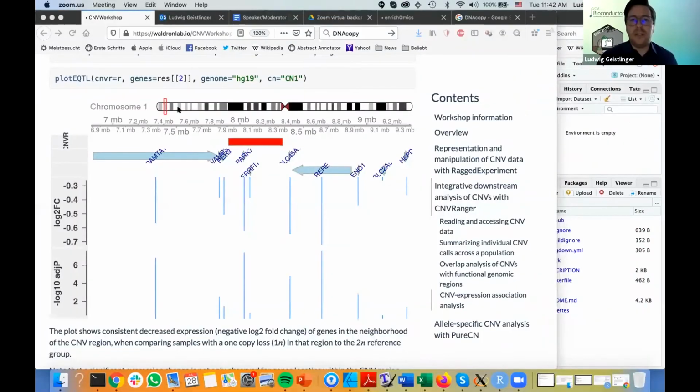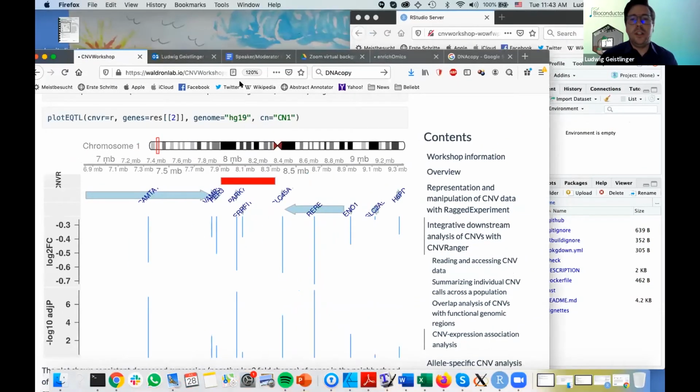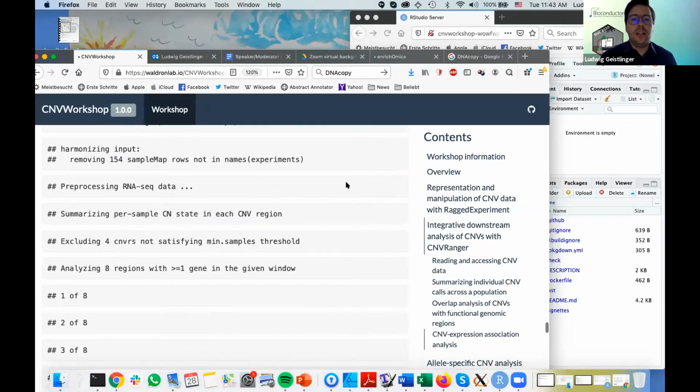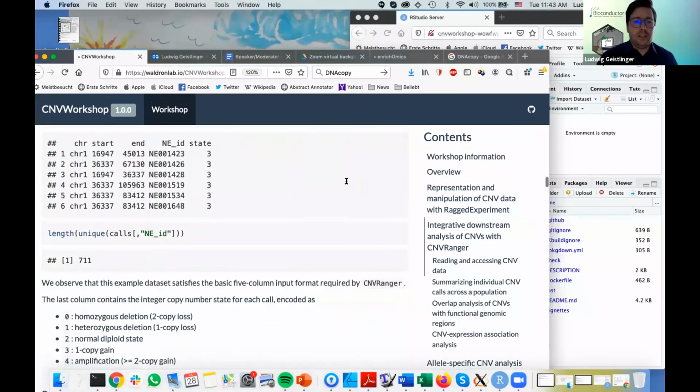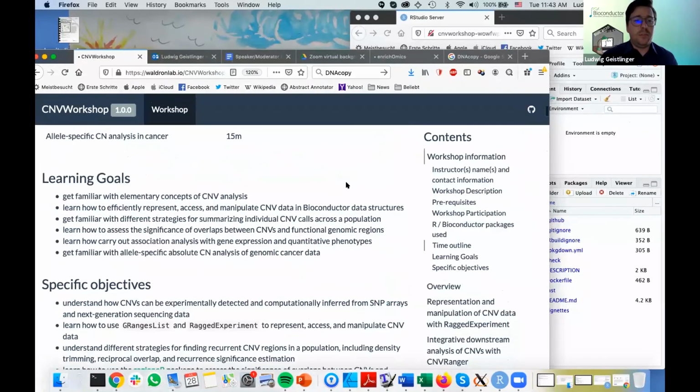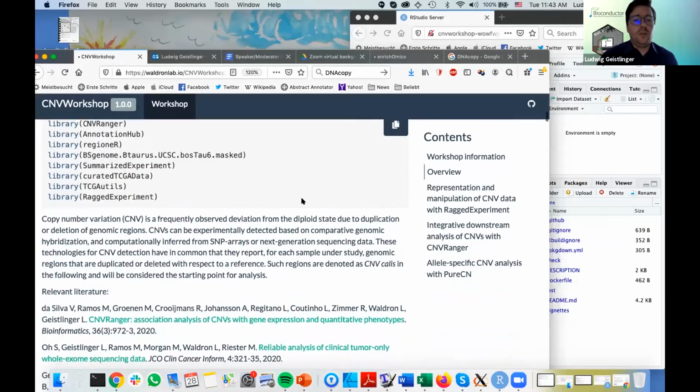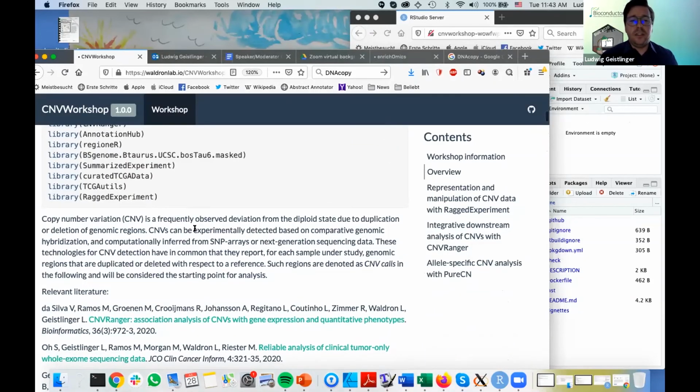I think PureCN, the package that Sehyun introduced, also allows you to actually do copy number detection itself from whole exome sequencing data. As I said in the beginning, there are many different ways to identify CNVs,